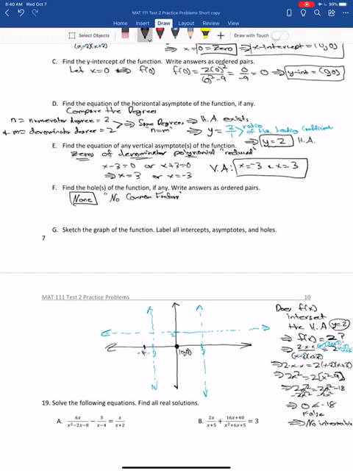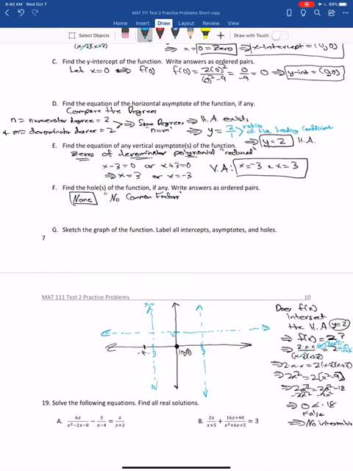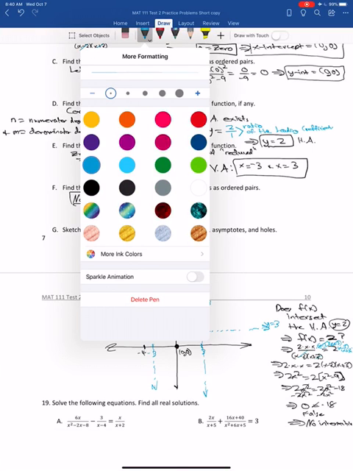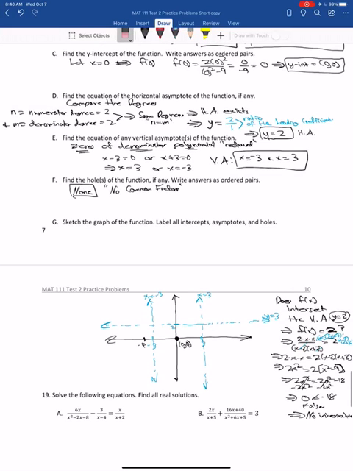Now, what happens to the left vertical asymptote at x equal negative 3? And again, I'm going to write in those asymptotes real quick. At y equal 3. Let's see what happens at negative 4. So we're getting an easy value. Any number less than negative 3, we'll find out what happens to the left of the vertical asymptote and, of course, at y equal 3, the horizontal asymptote, where it'll converge on it. So let's go ahead and find that. So our test value, if x equal negative 4,